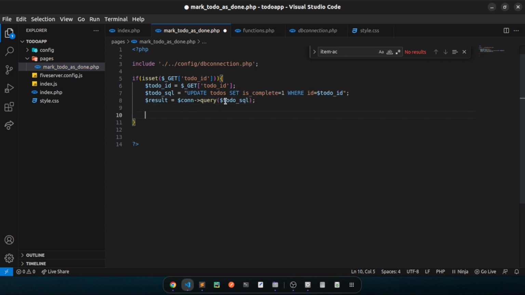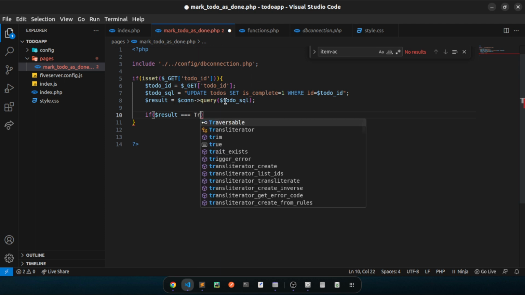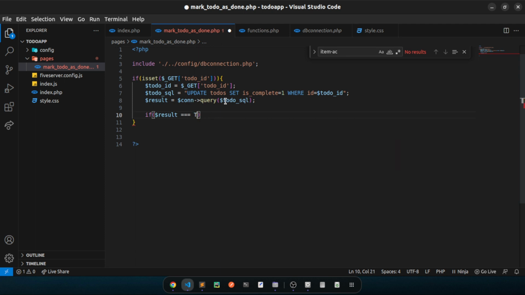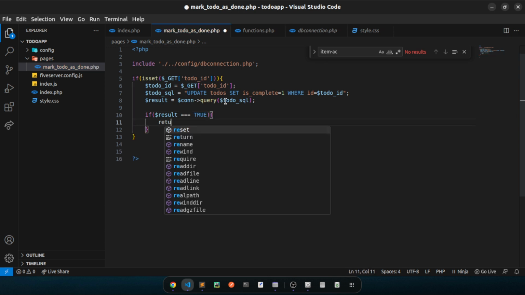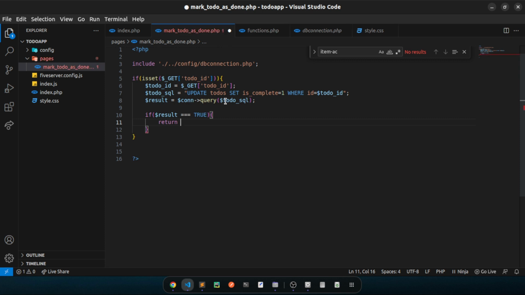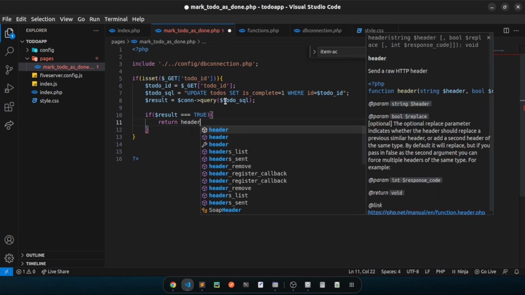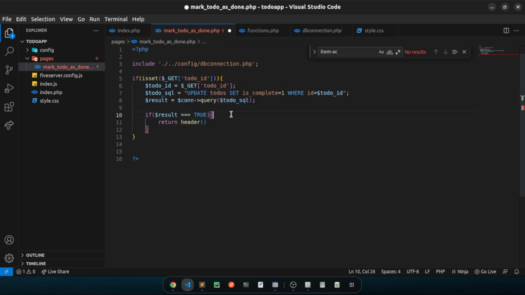That one's nice. Now that I've done that, I can do if $result equals to true, and the true in PHP is just that, or small, whichever. I want you to return me to this page. Which page specifically? Return to the header, and in this case I want to return to a given page, and the page in this case is $page. I want to return to the previous page where I was, so you can do $page equals to